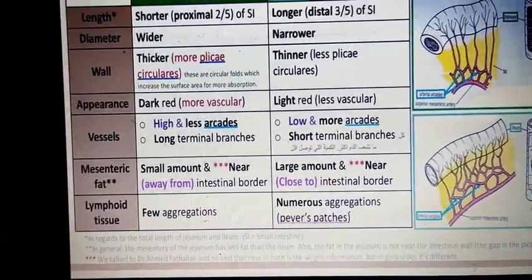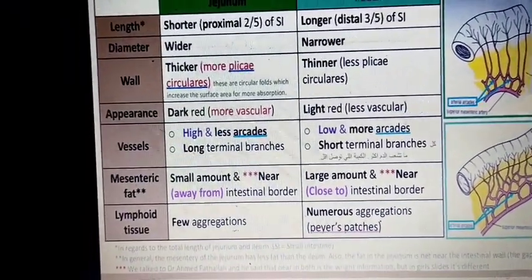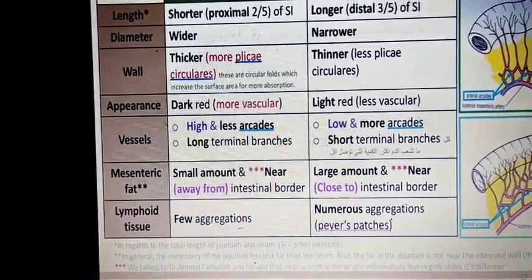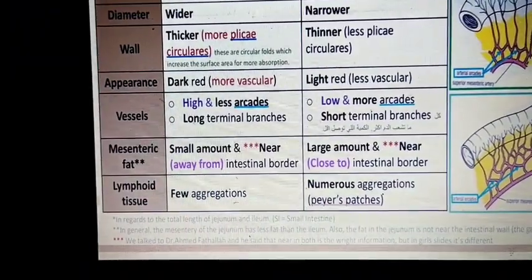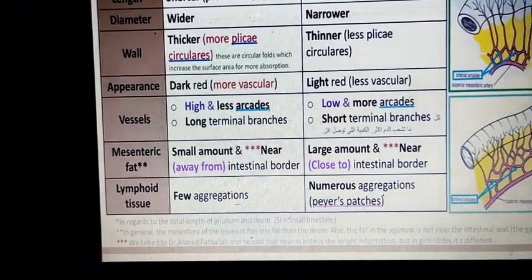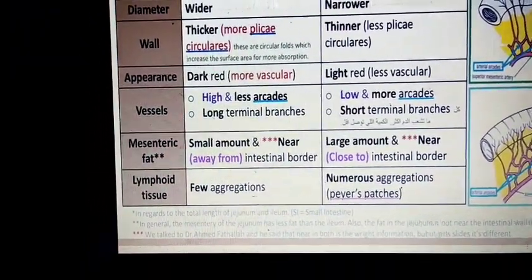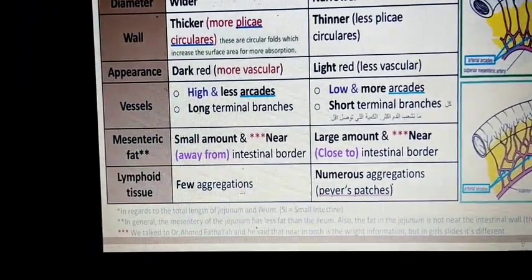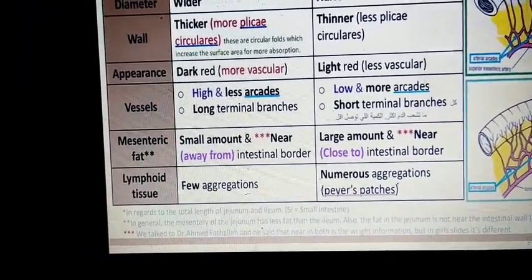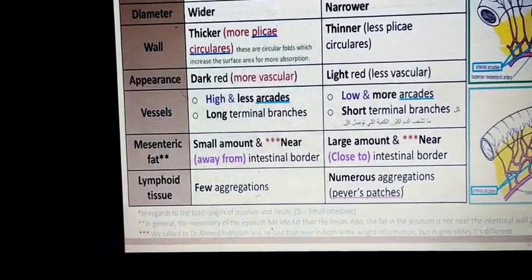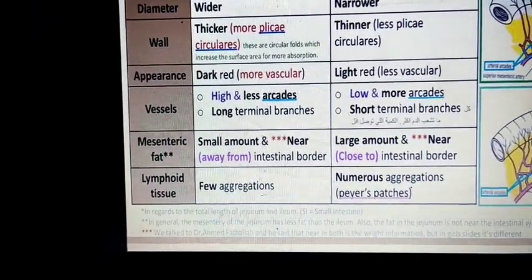Now the wall: how is it? The wall of the jejunum is thicker because of the more plica circularis, and the wall of the ileum is thinner. And the appearance: we can't demarcate exactly where the jejunum ends and the ileum starts; we can only make it out by their appearance.